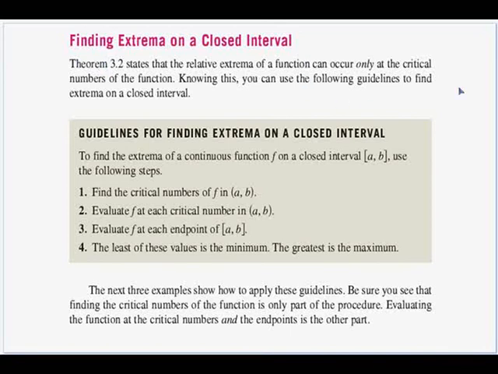Okay, finding extrema on a closed interval. Theorem 3.2 states that the relative extrema of a function can occur only at the critical numbers of a function. Knowing this, we can use these following guidelines to find the extrema on a closed interval. So to find the extrema of a continuous function f on some closed interval from a to b, use these